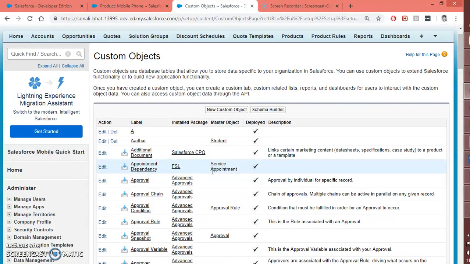Okay, so here the case is like I need to provide one pick list on the quote line editor where I will have values called US and worldwide, and I need to introduce a new product within the same bundle called mobile phone, where if the product is being sold within the US, the shipping cost will be zero, or else if it is selling outside the US, then I need to apply a shipping cost. So right now I have configured one more product within my bundle, and I have assigned $50 as the list price for that.